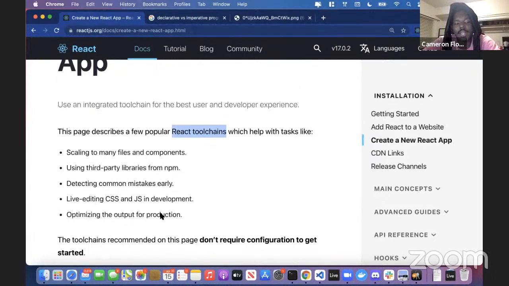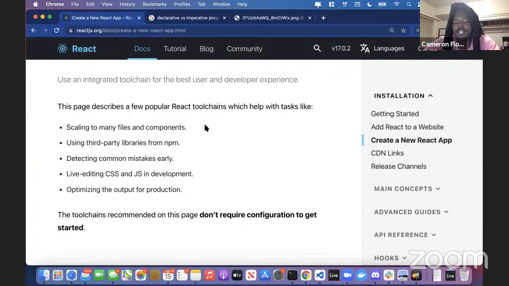The idea, though, is that these integrated tool chains help you with a couple things. They help you to set up your project so you're ready to use different files and create different components. It sets you up with a node package manager package.json file so that it's easy for you to start getting ready with third-party libraries. Some of it already has linting and error handling built in so that you can make sure that your code is efficiently running from the get-go. And a lot of them create a server for you to look at your code while you're doing it